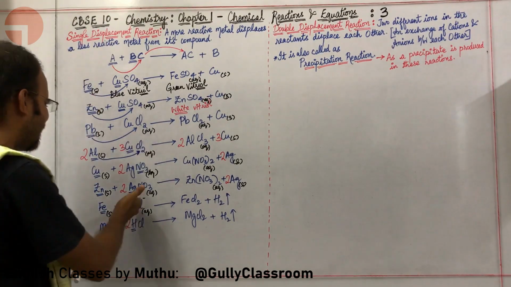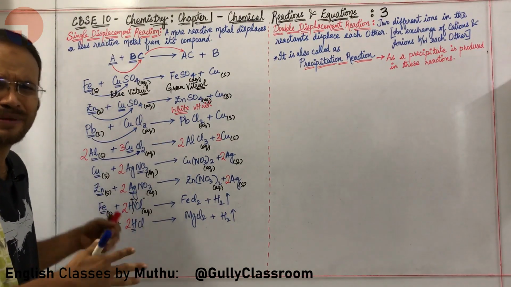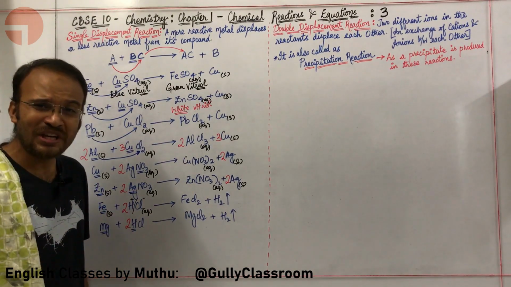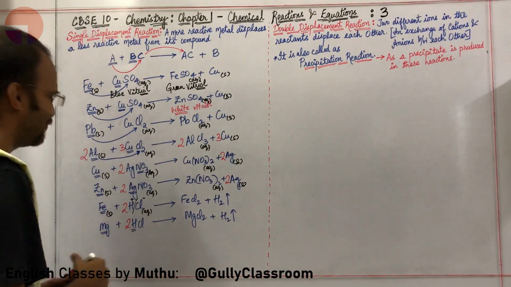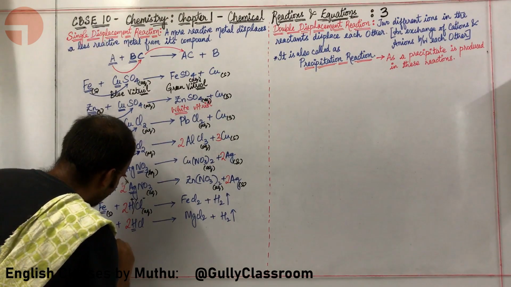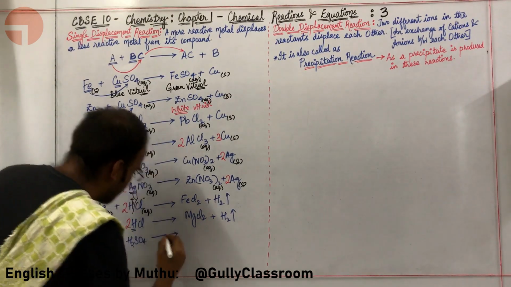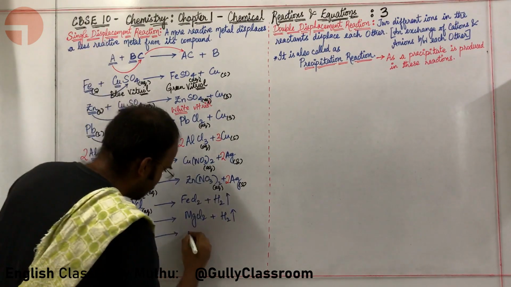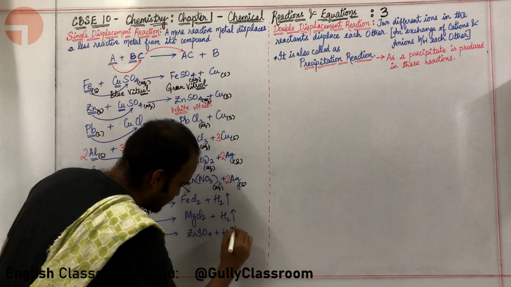Okay, sir, you are taking only one particular acid. Why are you favoring hydrochloric acid? Let us use something different. Let us use the queen of all chemicals. Which is the queen of all chemicals? Sulfuric acid, obviously. Okay, let me use sulfuric acid, Zn plus H2SO4. Okay, now what is happening? I am getting ZnSO4 plus H2. Why, sir?